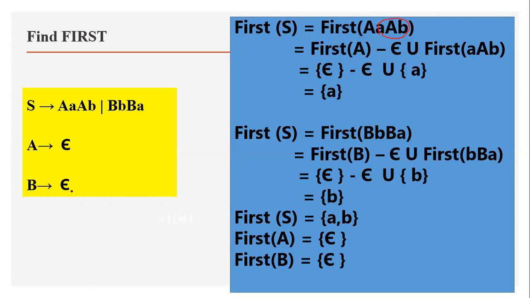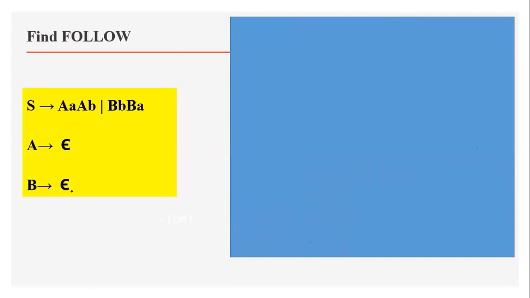Okay. Now after computing first, we'll go to finding the follow. Follow of S, the start symbol, is dollar. Next, please observe we are not having any S on the RHS. So finally follow of S is only dollar. What are the other non-terminals? A is one non-terminal. This is another non-terminal. This is another non-terminal. This is another non-terminal.